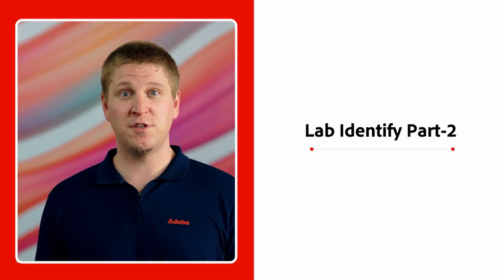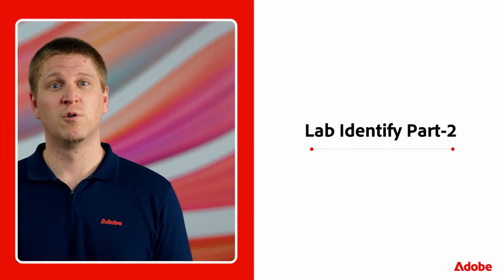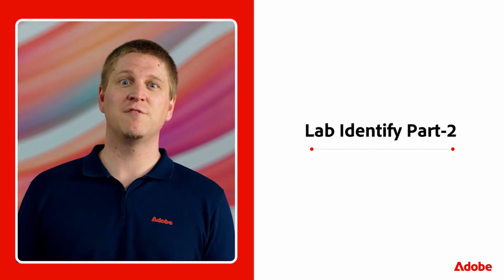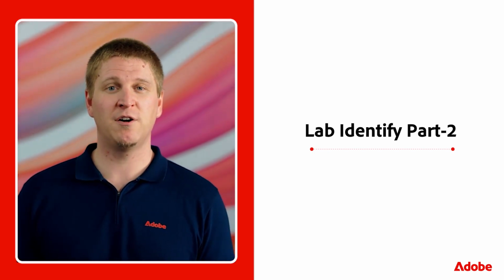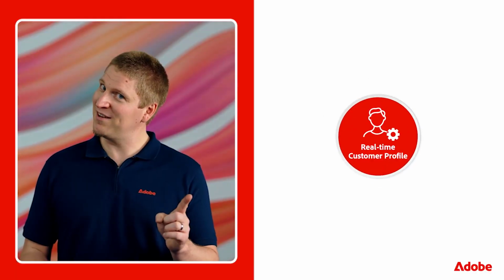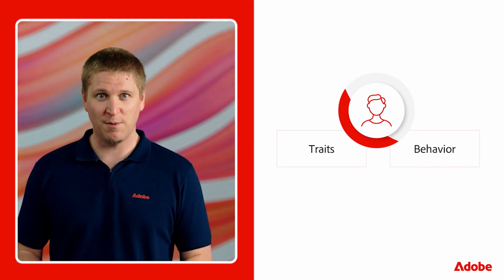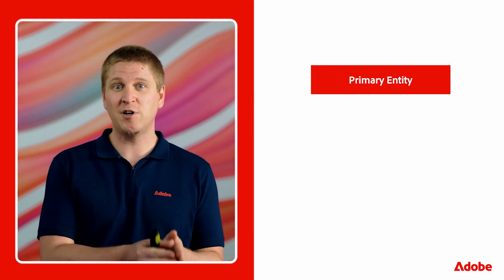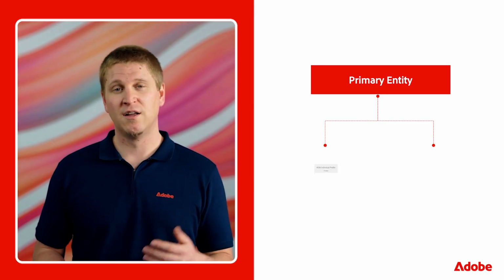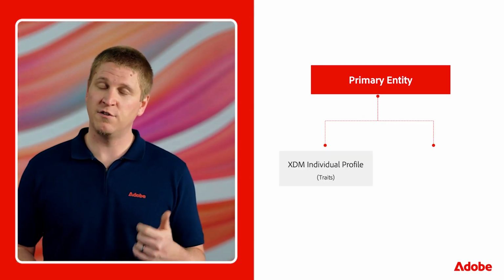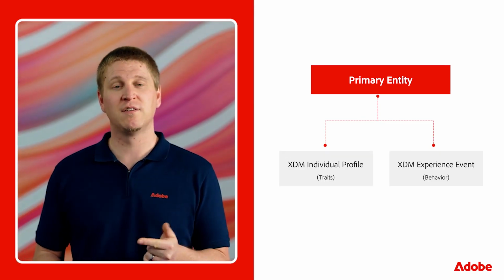All right, let's continue with the identify step, part 2, where the goal is to work on identifying the key fields for both the primary and dimensional entities. Remember this? The real-time customer profile always defines a person, their traits, and their associated behaviors with a brand or company. When we talk about the primary entity, we're talking about the core of the real-time customer profile, which is composed of 2 classes of data: XDM individual profile, the traits of a person, and experience event, the behaviors of